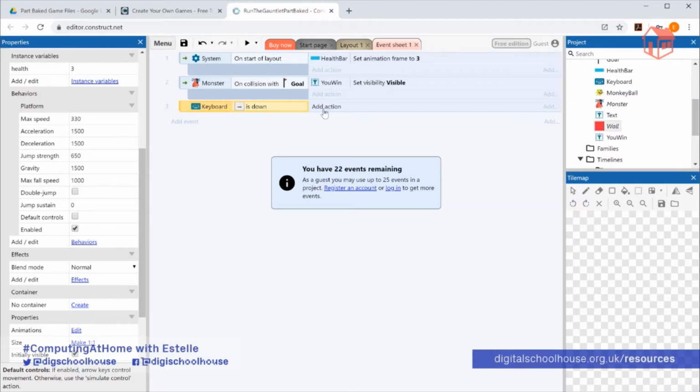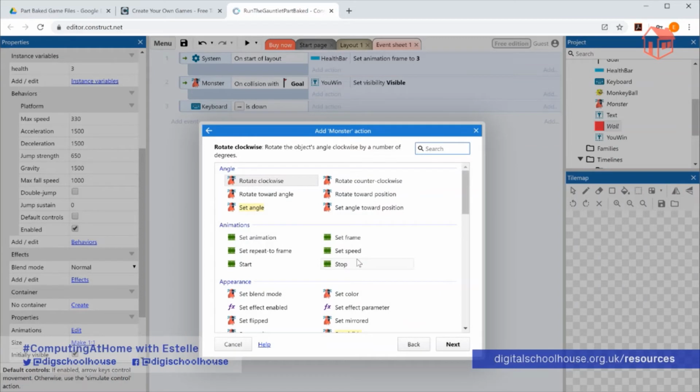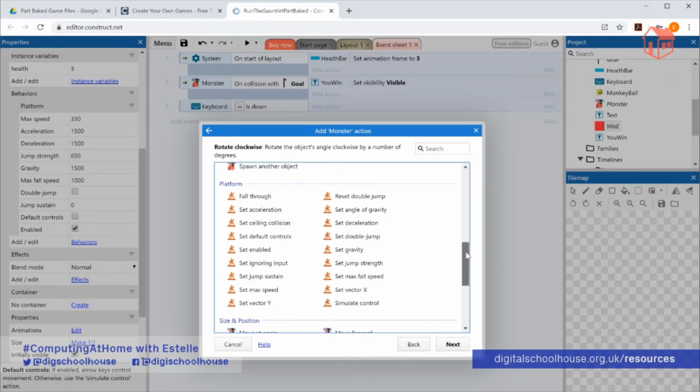So what we're going to do is click on where it says add action. This time we're going to select the monster and then click on next, or you can double click as well. I'm going to click on next. Then you want to go to where you have got the platform actions. So scroll down and find the platform actions. There we go. And the one that we're going to be using is the one that says simulate control,